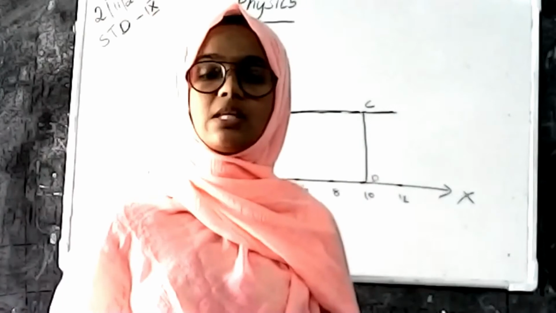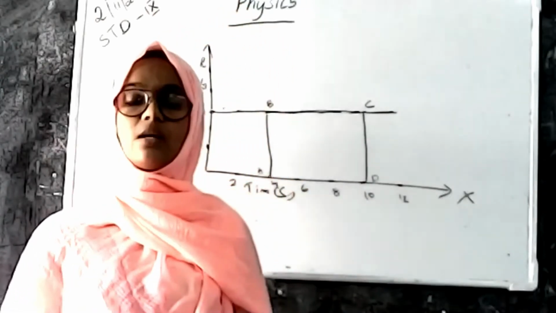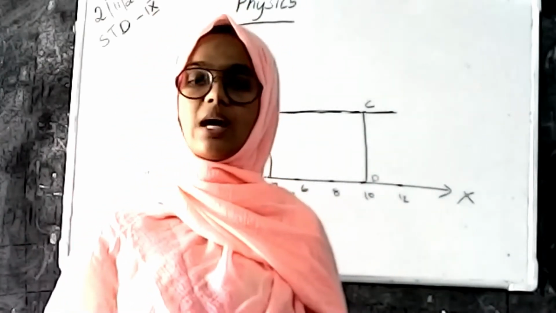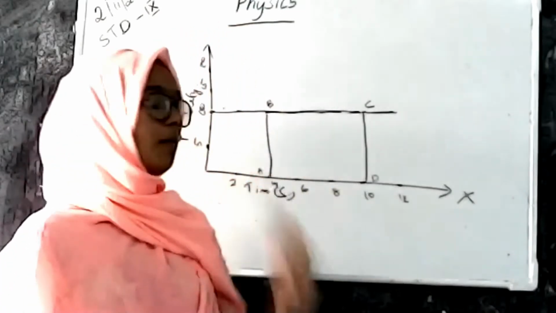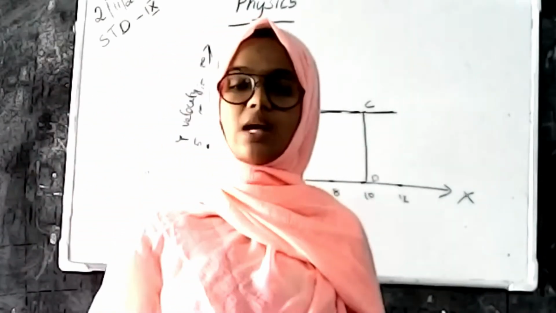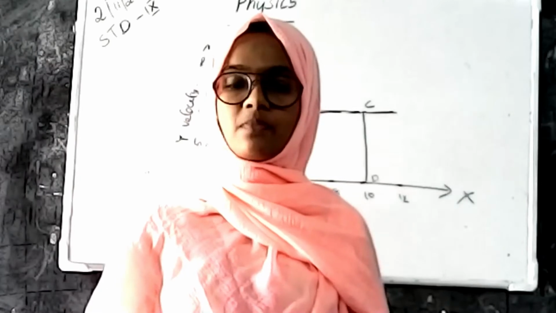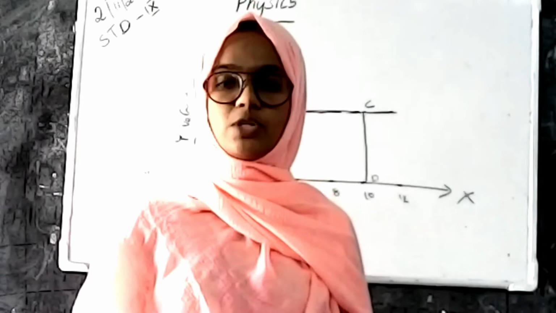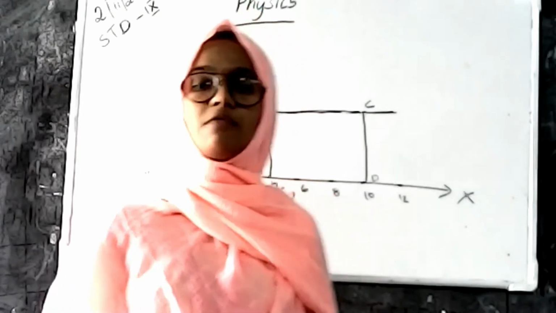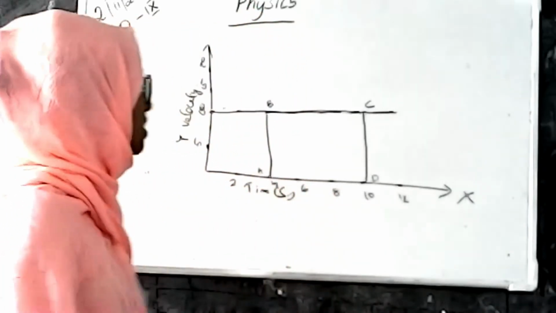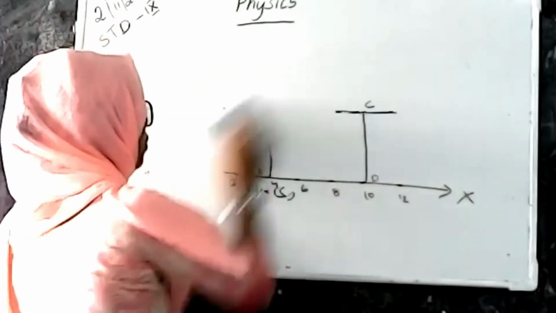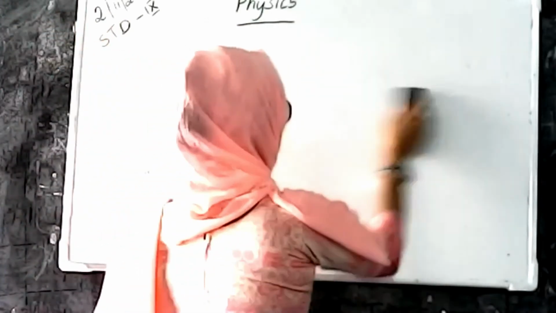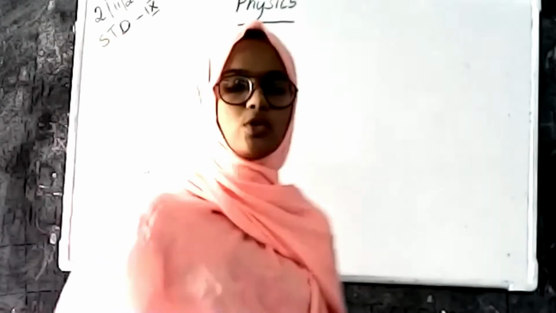And we have some equations that describe the motion of a body. For understanding the motion of a body, first of all we need to know the equations of motion. We have three equations of motion, three relations connecting the motion of a body. To understand more about these three equations, let us see.